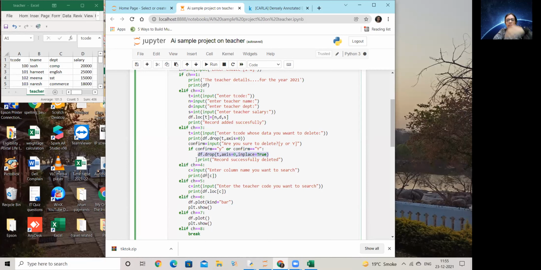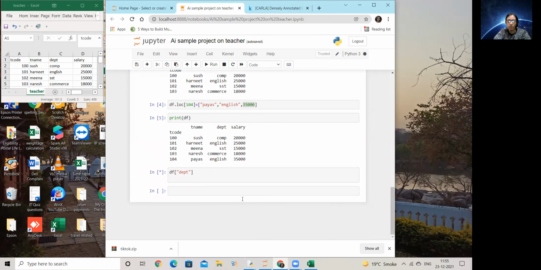And because it doesn't give me any output when I do this command, I have to show this display to tell the user that your record has been deleted. Again, how he can cross check? He can display the thing, go back to the menu and display the thing and check that yes, it has been done or not. Okay. Now, एक चीज you might have in your mind that मैम आपने यहाँ print नहीं दिया है, but इस वाले drop में print क्यों दिया है? ठीक है, उसका एक reason है. Let me show it to you. अरे यार.